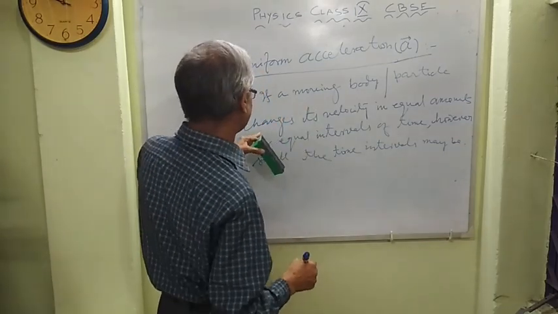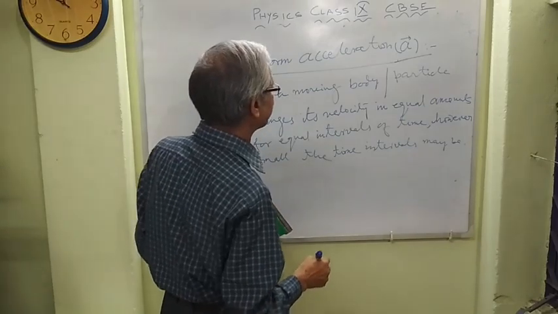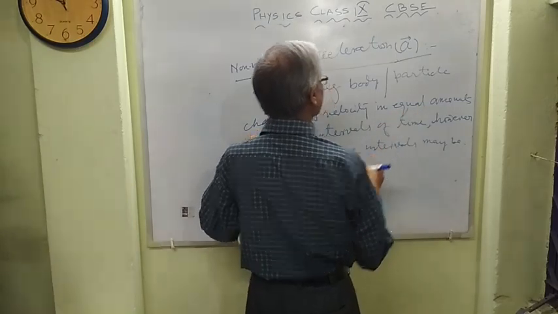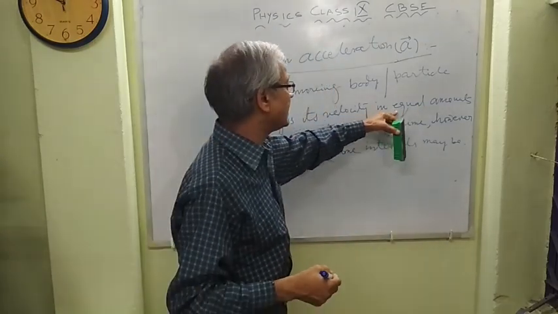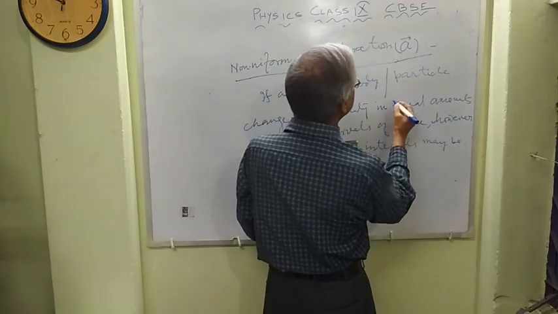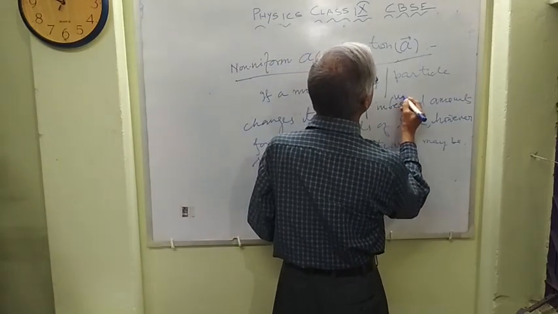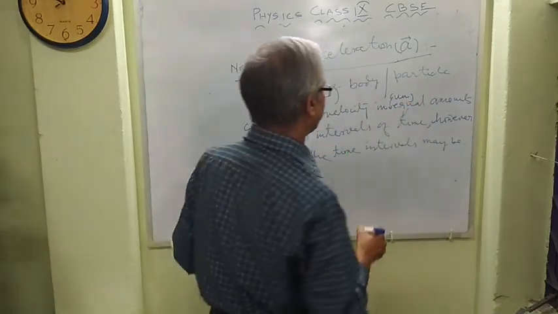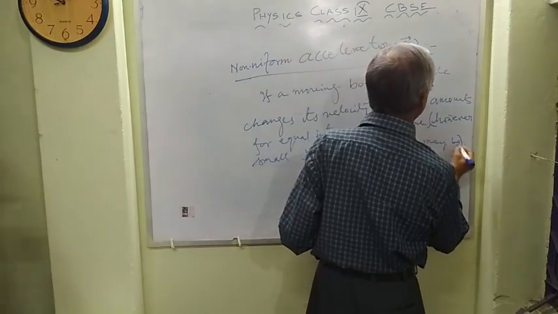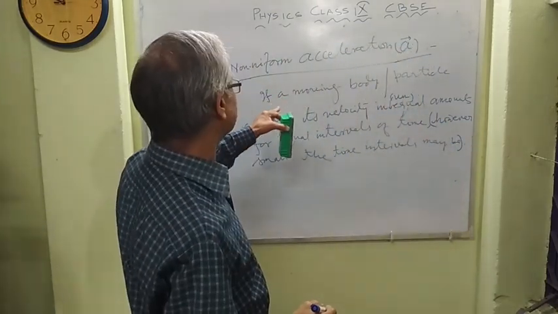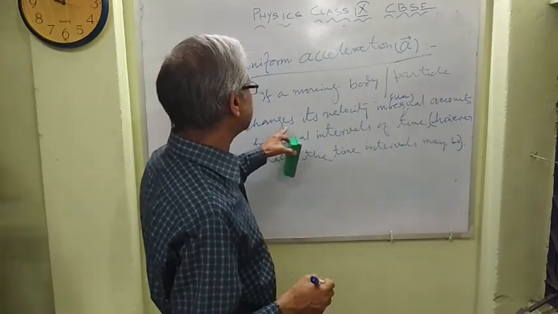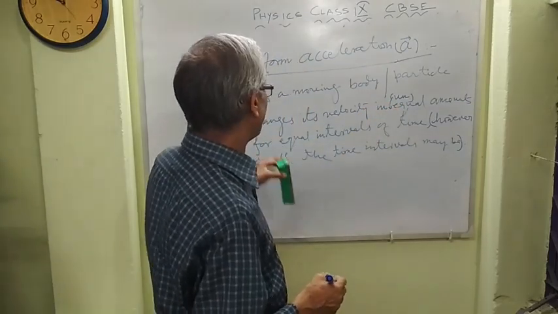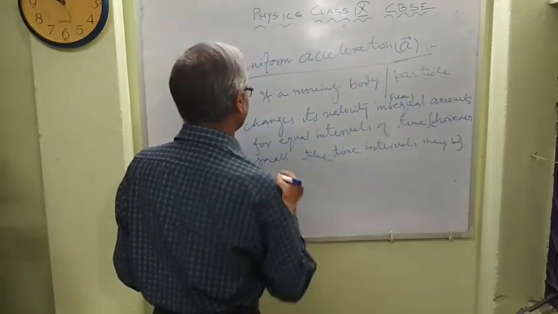If a moving body or particle changes its velocity in equal amounts, here we write in unequal amounts, for equal intervals of time, then